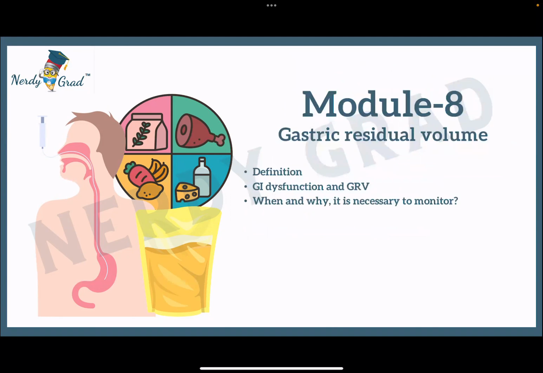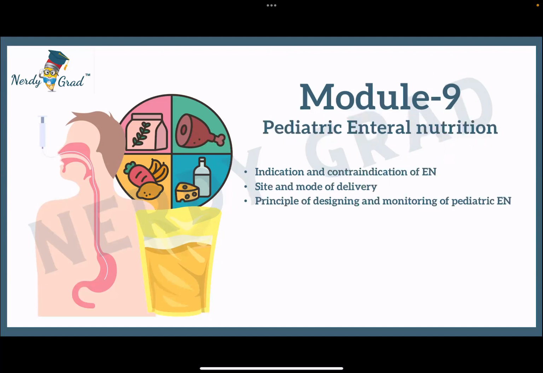In Module 8, we'll look into gastric residual volume: definition, GI dysfunction and GRV, and when and why it is necessary to monitor. In Module 9, we will look into pediatric enteral nutrition, in which indication and contraindication of EN,